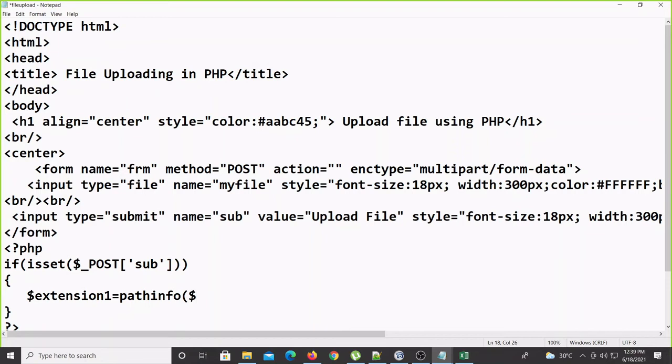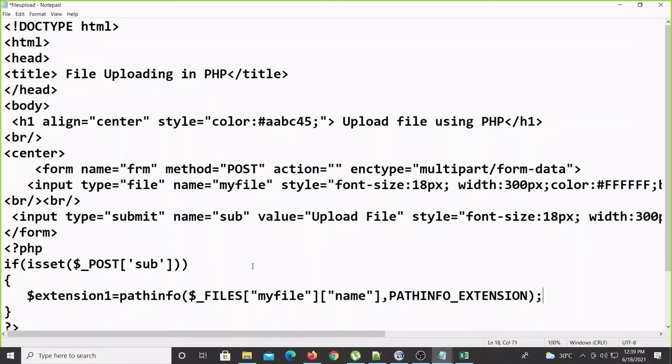So first the file name: $_FILES, and then give the file name here. My file, and then again this is the name, so we can write name. So one parameter is done, and what we want from this one is the extension of the file, so we write comma, PATHINFO, this is capital only, underscore EXTENSION. Yes, so here again we got the extension of the file name.